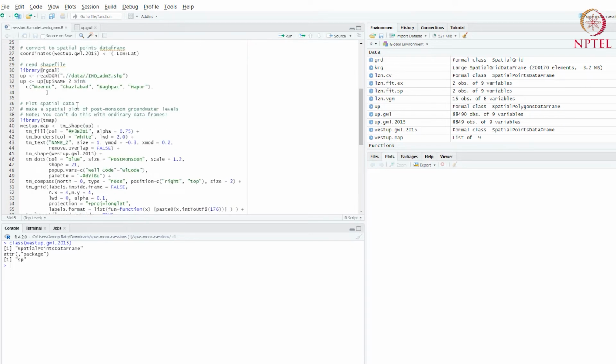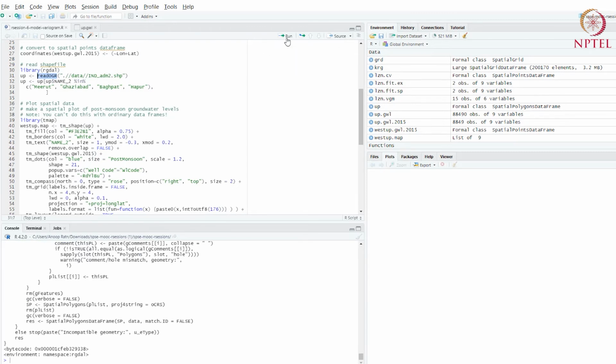Now, before we go forward, we want to do one more thing. We want a map of UP because now we're going to plot, we also want to see our values on an actual map. And maps are available in something called shapefiles. And in order to work with shapefiles, you need this library called RGDAL. So you'll have to install this. I've already installed it. So let's go ahead and load it and then read a shapefile for India, which is read by a function called readOGR. And I put the shapefile in the data folder, and we'll share this with you. So let's read this